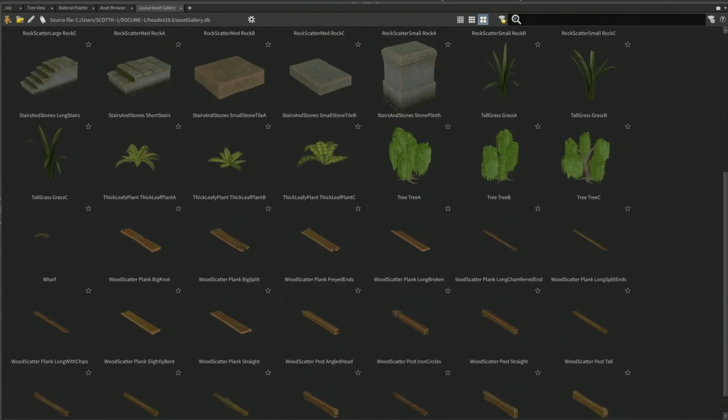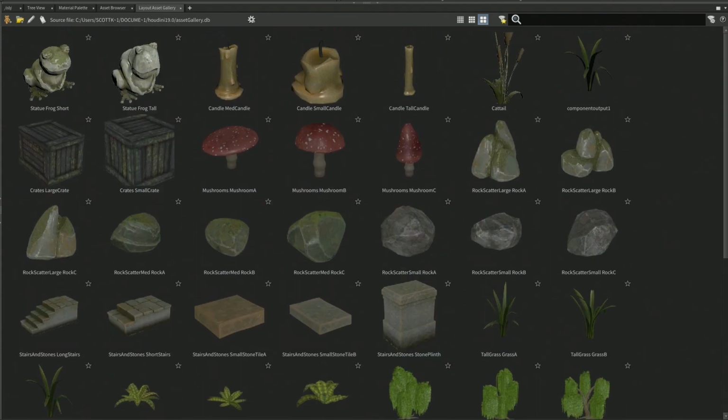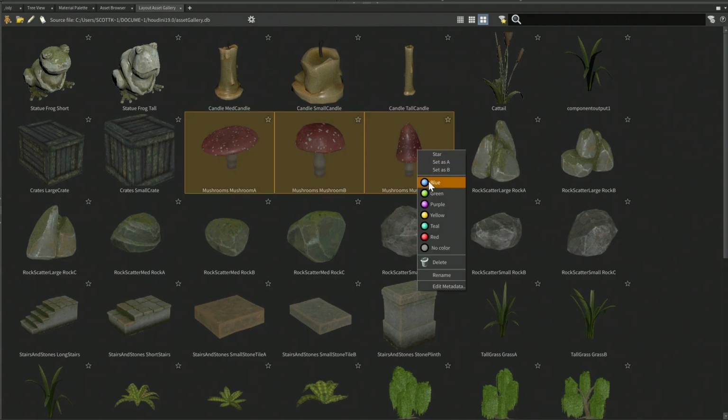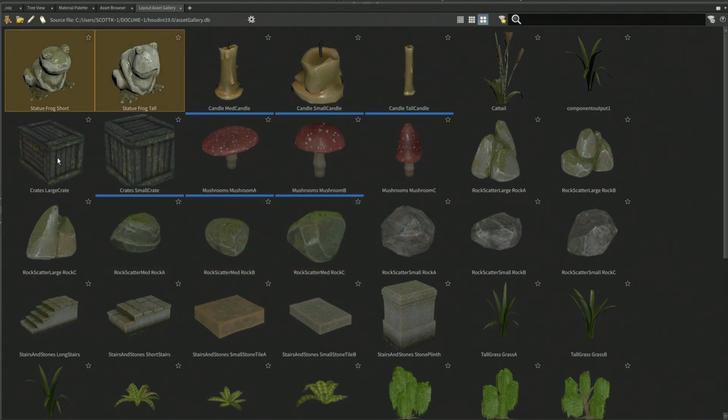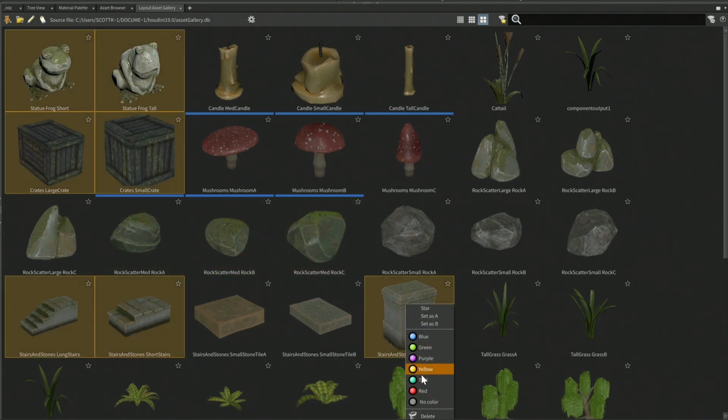You can categorize assets with colors. And you can use this to filter the assets when you need to search for something.